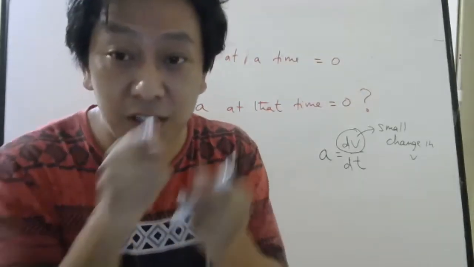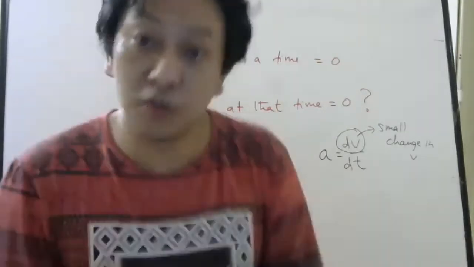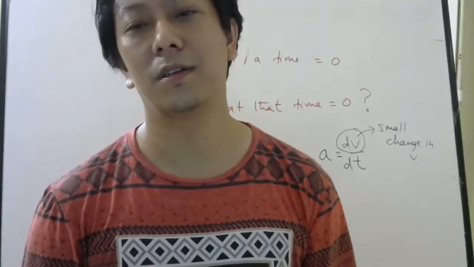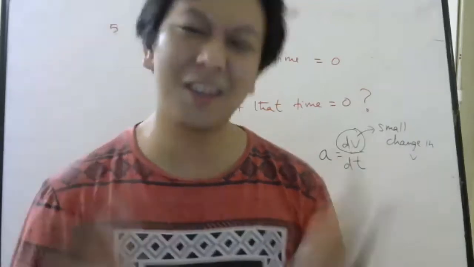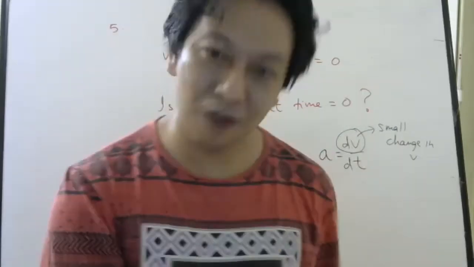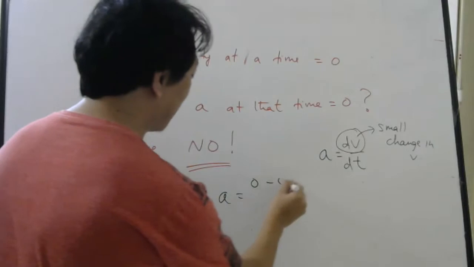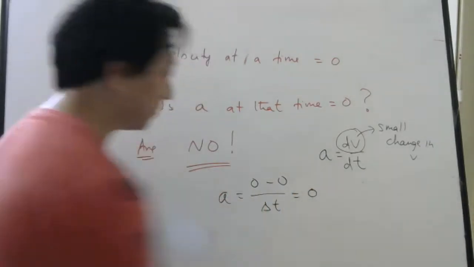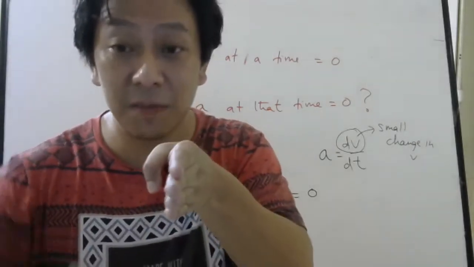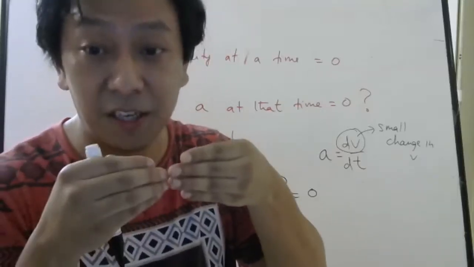So just because velocity here is 0 doesn't mean next moment also velocity will be 0. Yes, if the body was always at rest, then velocity now is 0, velocity later also 0. So acceleration will be 0 minus 0 by time taken, which is 0. I understand that. But I told velocity now is 0. That doesn't mean acceleration now has to be 0. Who knows? Because of the acceleration, its velocity may be changing next moment.